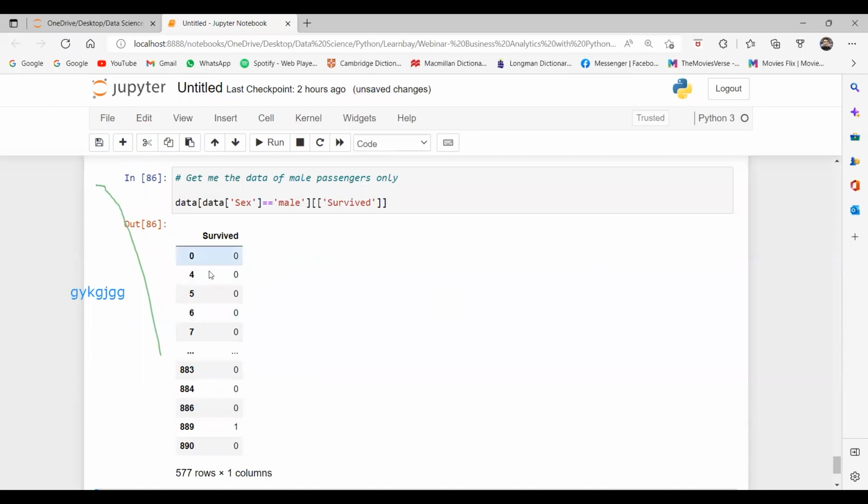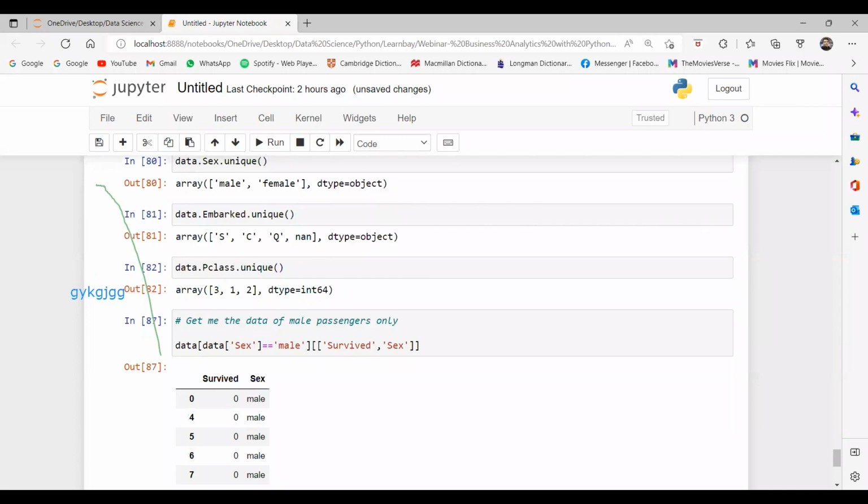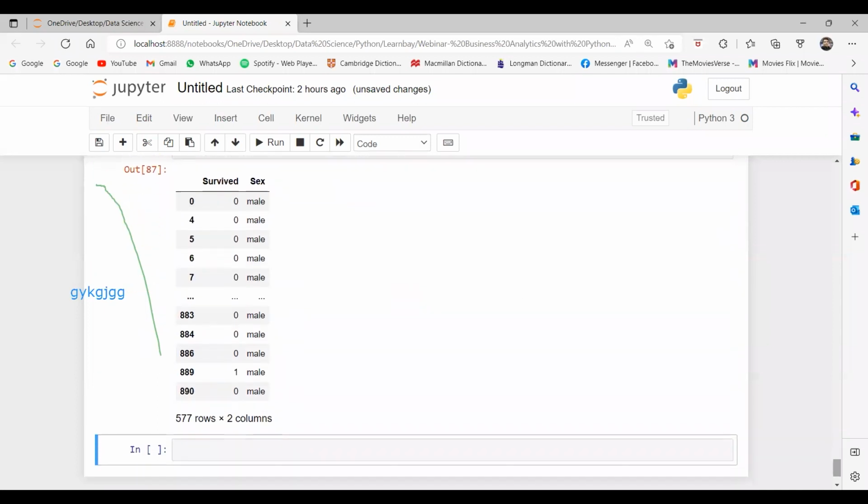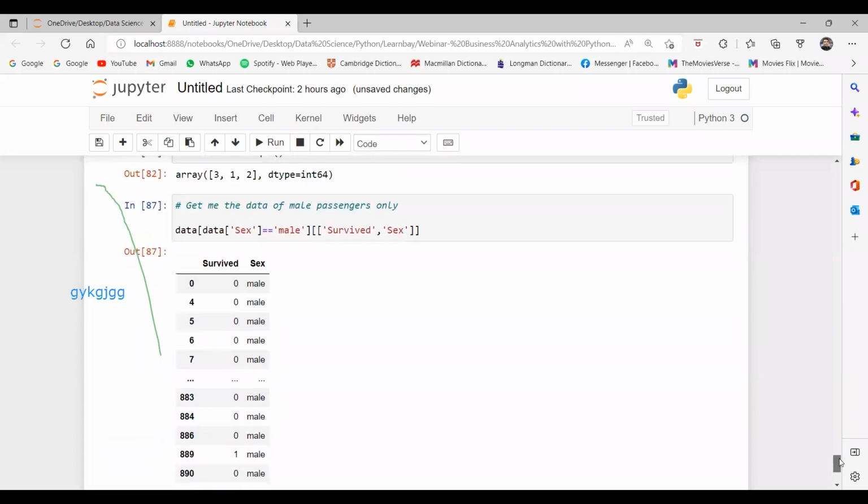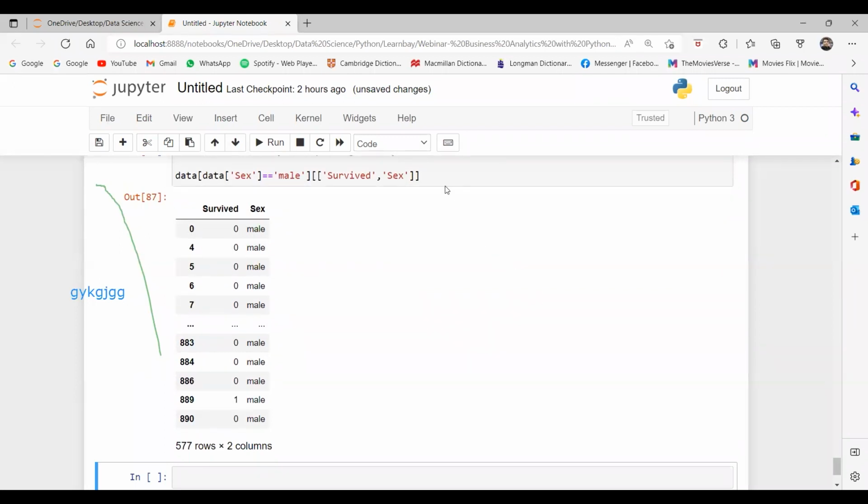But if you want male and survived both the columns, then here you have to pass whatever column you want, for example, sex. Now you can easily correlate and analyze these two columns. Yes or no, guys? Everybody understood?